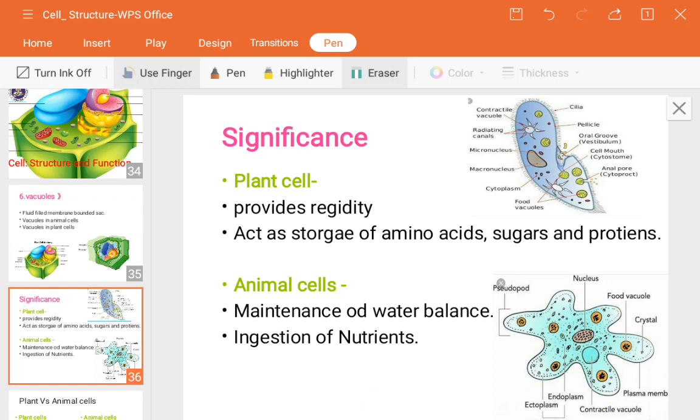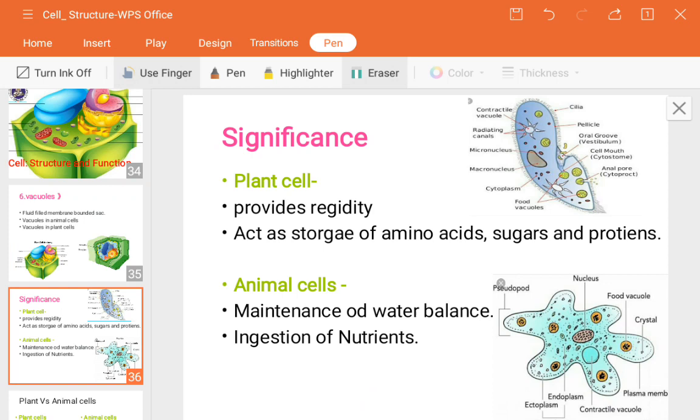Okay, so it maintains the water balance. See, it expels excess water and waste in protozoa. In case of any accidental situation or condition in microorganisms like protozoa, if more water is going outside the cell, at that time the vacuoles can balance it and maintain their body. So that is one role of vacuoles in them also.